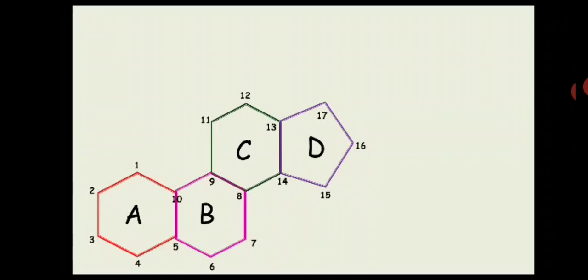Now if you remember from my previous slide, cholesterol is a 27 carbon molecule. So somehow we have to make 27 carbons. Right now the entire 4 rings are covered and we still have 10 carbons left. So let's give the 18th number carbon. Between the C and D rings it is the 18th carbon. Between the A and B rings it is the 19th carbon. Clear?